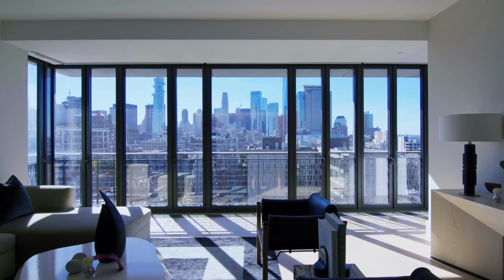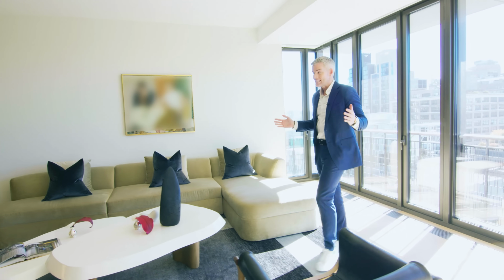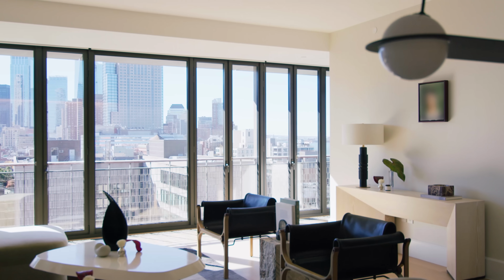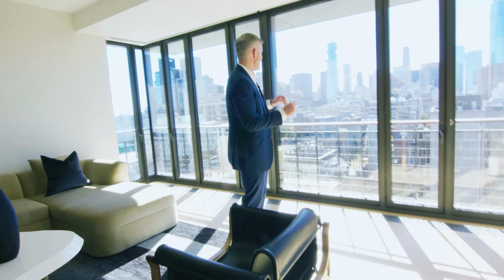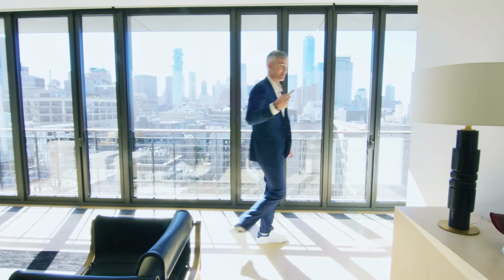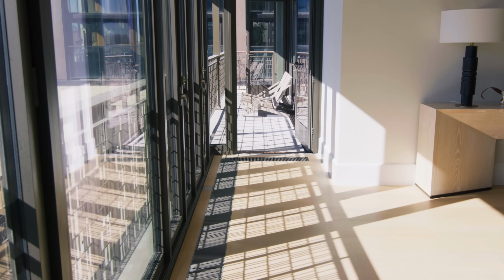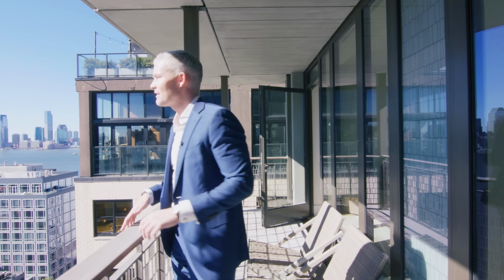So this is the D-line, 2-bedroom, 2.5 bath. This is an example of what 1,900 square feet feels like. Most 2-bedrooms in New York City are 1,000 square feet these days, okay? This is almost double that, just under 2,000 square feet. You've got these insane views and you've got outdoor space. Come here. You got your own private 100 square foot outdoor space here, off the bedrooms, off the living space,